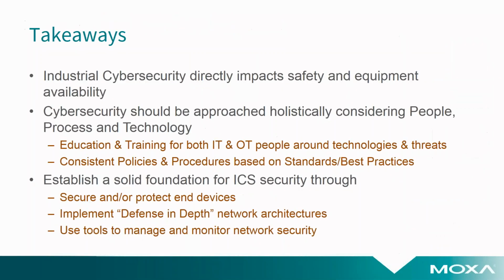Very good point. All right, so just to wrap up, we've got a few takeaways here. First, industrial cybersecurity does directly impact safety and equipment availability, as we've seen in some of the examples. It's important to approach cybersecurity from a holistic approach, considering people, process, and technology, making sure you're getting your people the education and training for both IT and OT around the technologies and threats, deploying consistent policies and procedures based on standards and best practices, and then auditing against those, and establishing a solid foundation for the industrial control system